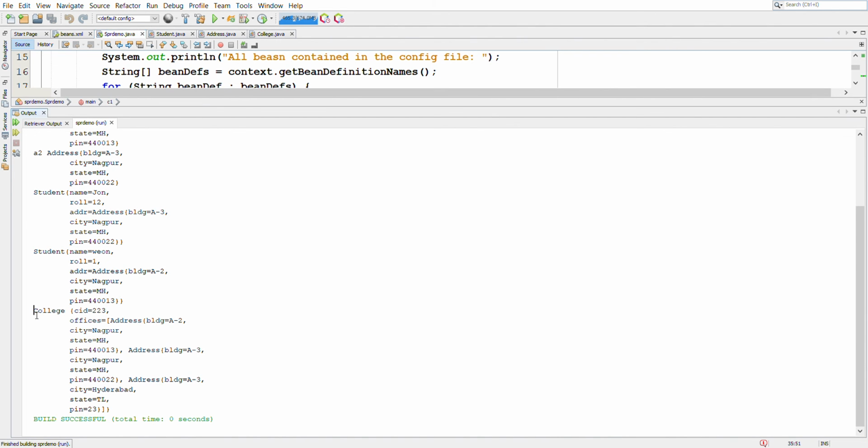Here, as we can see, the college object has been initialized and it has been injected in our Java code, and we are getting it and just printing it. The college ID is printed here, and then offices is the list which has these addresses. This is the first address, this is the second address, and this is the third address.